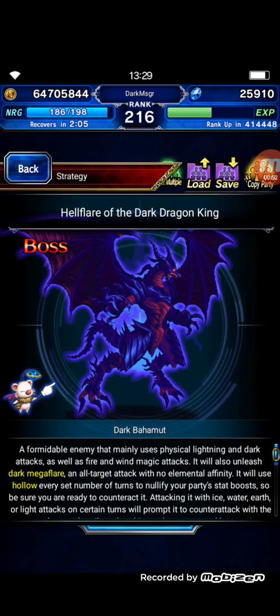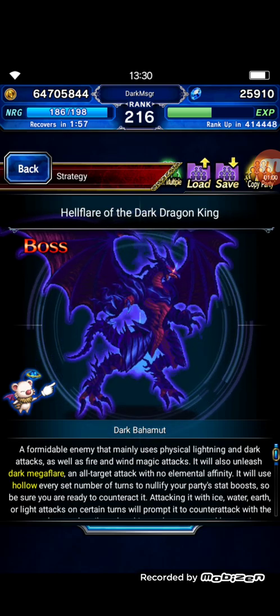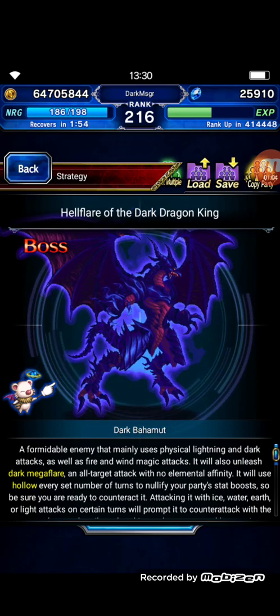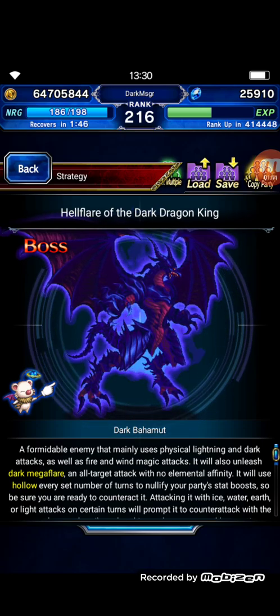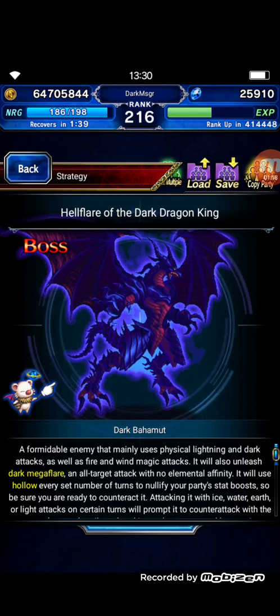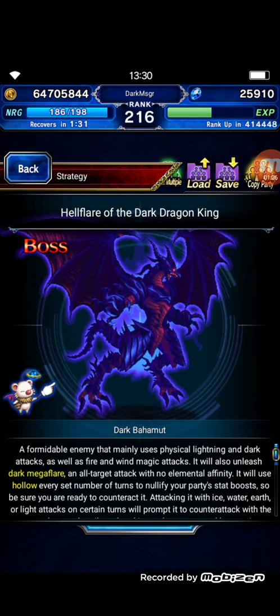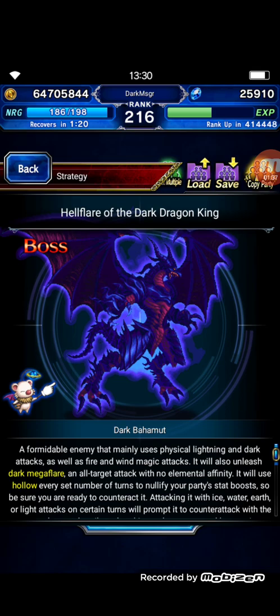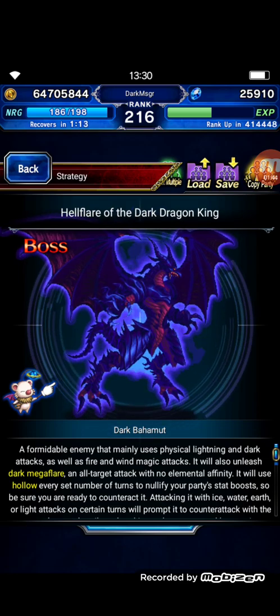So as you can see, this is Dark Bahamut, and this Dark Bahamut has Dark Mega Flare on turn 4, 8 or 12. Every 4 turns he casts the Dark Mega Flare. If this Dark Bahamut is above 60%, he only casts one Dark Mega Flare. If between 10% to 60%, he casts 2 Dark Mega Flares, and under 10% he will cast the 3